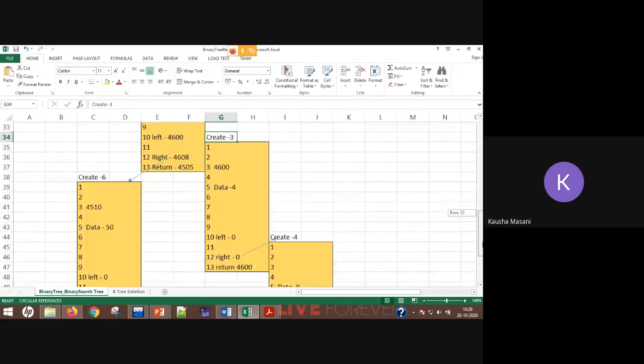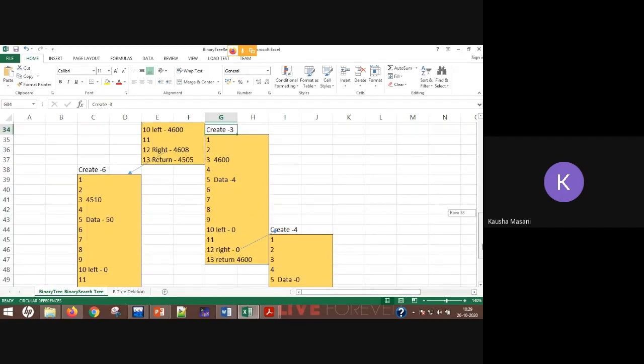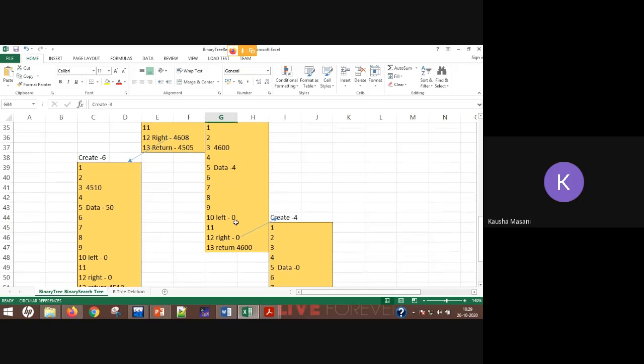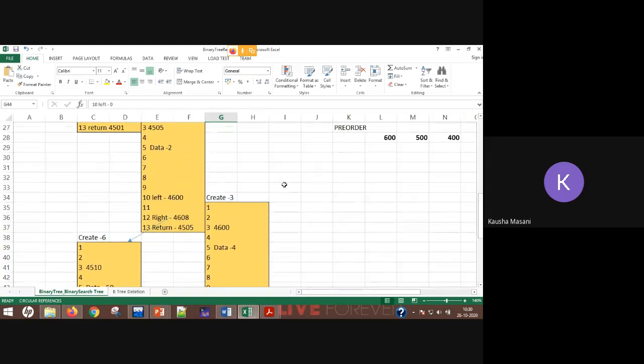Again the same thing happens. Now here you are giving left 0. For example, the data which you gave is 0. Then it is a terminating condition, that is our base case. So the control will go back to the called function, that is here. What is it going to return here?